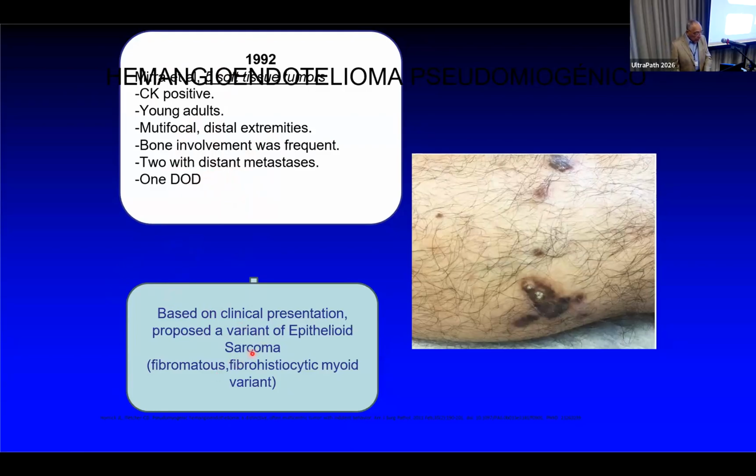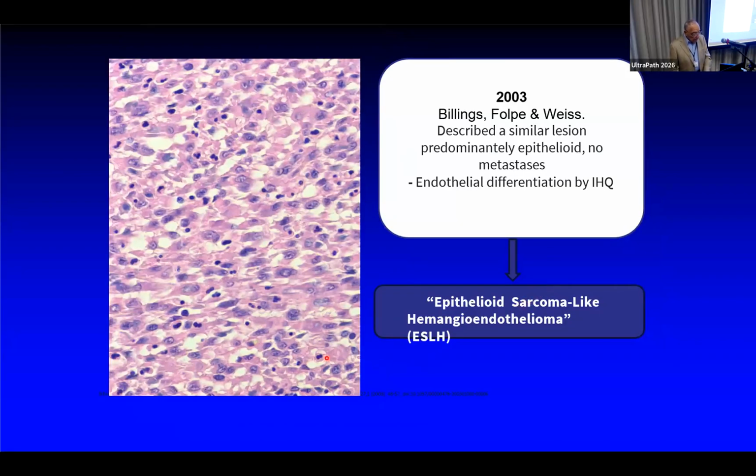They propose that it's a variant of the epithelioid sarcoma, and they propose the term fibromatous, fibrohistiocytic myoid variant of epithelioid sarcoma. This is from the article, and this is another one